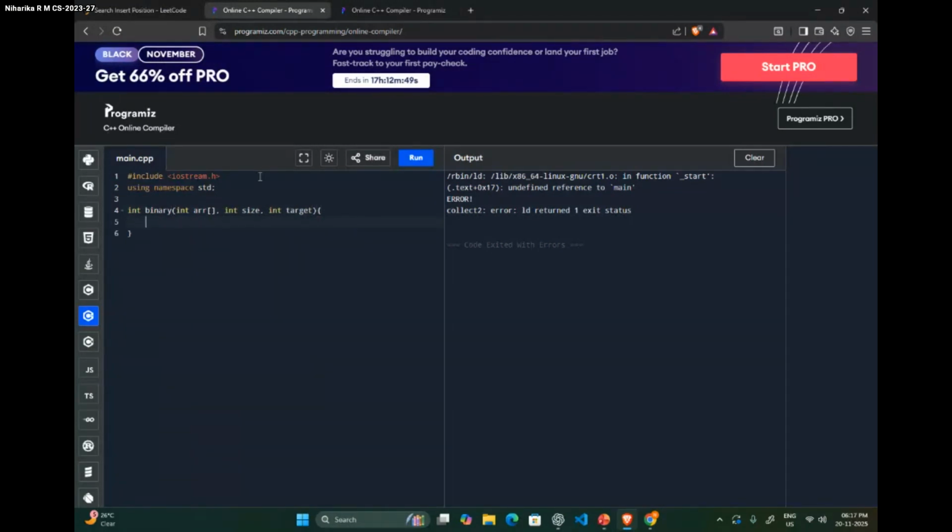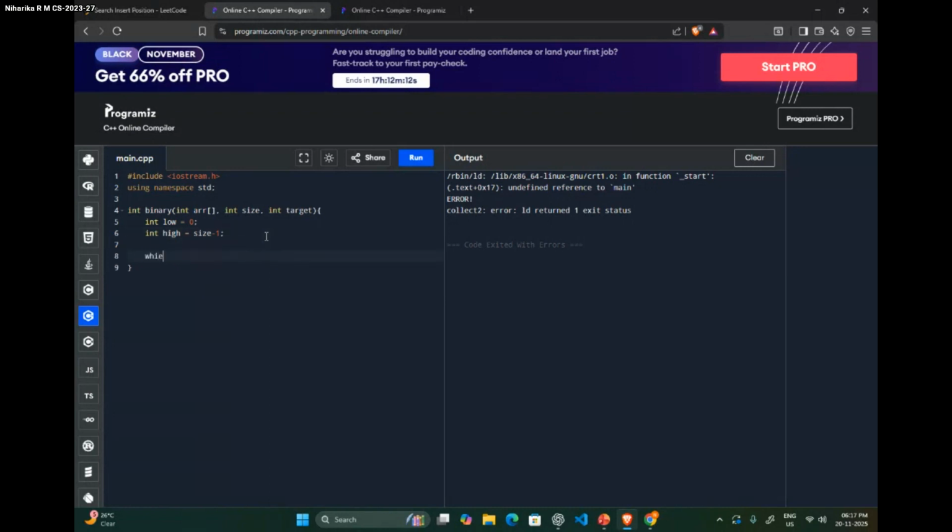And then, in an array, guys, the index of the first element is always 0, right? So I'm initializing low equal to 0, because low here is the index of the first element, and int high is my index of the last element. So basically, since the indexing starts from 0, the last element's index will always be the size of the array minus 1. So I'll do size minus 1. Size is an attribute that I've already taken from the user.